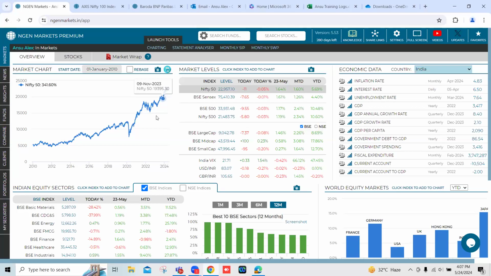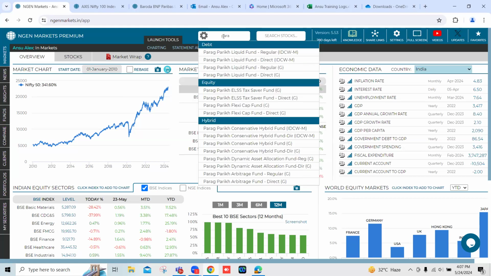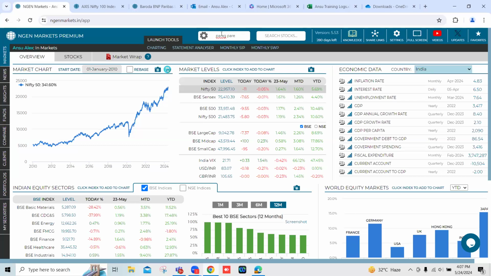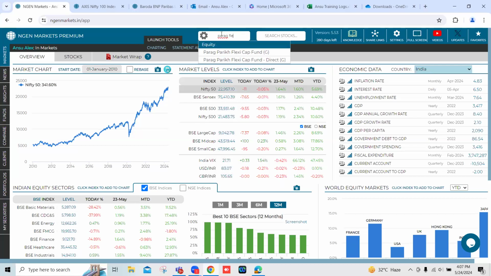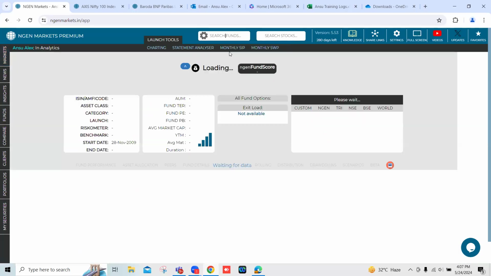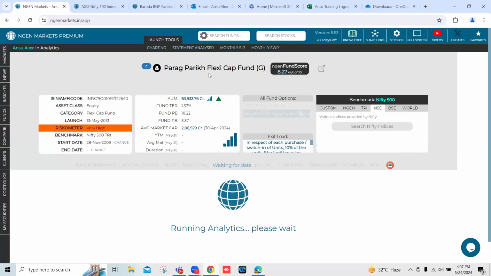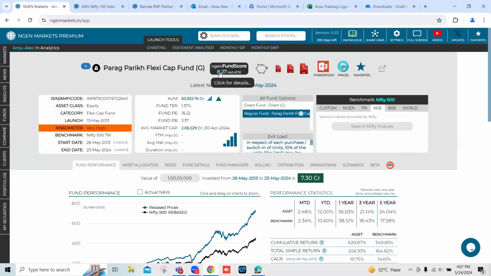So this is our NGEN Markets landing page. Before going forward with creating a model portfolio, let's understand what NGEN Fund Score means. For that purpose, I'll search a fund right here. Let's say I'll search maybe Parag Parikh. So this fund has gotten loaded in, and next to the name of the fund, you could see